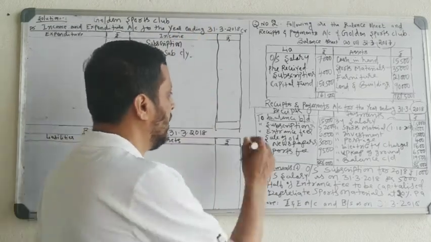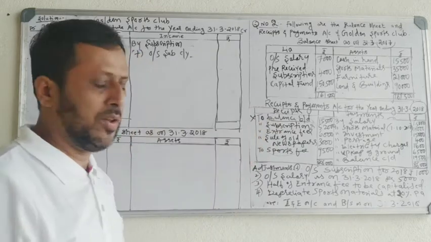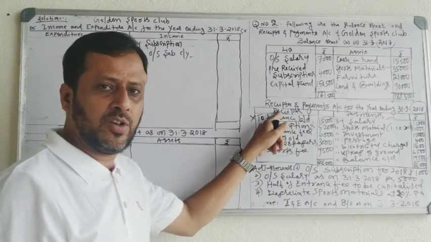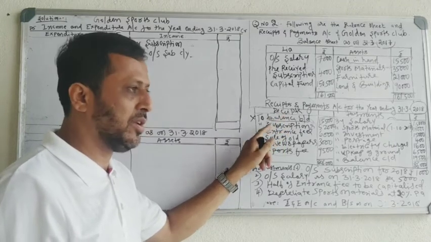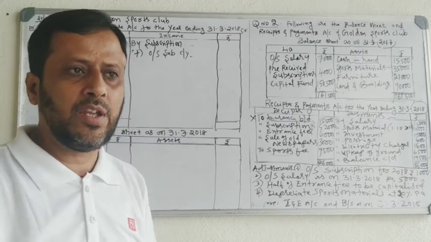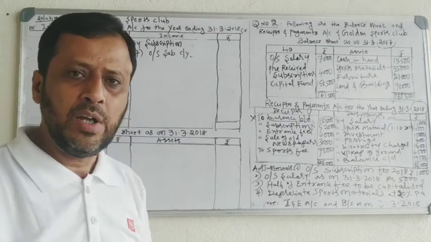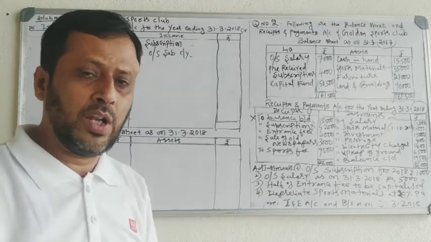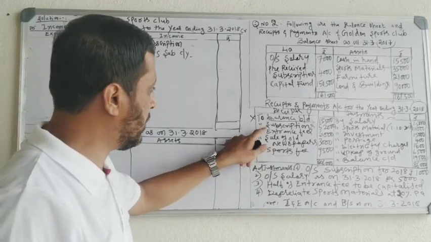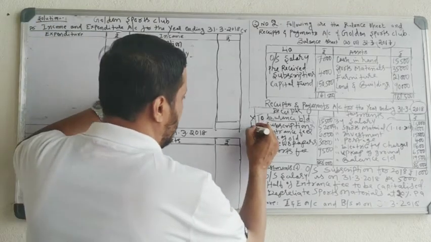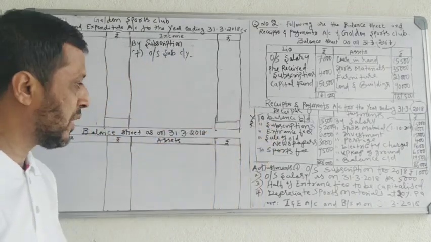Okay. Next you have subscription. It is a receipt. Subscription is on receipt side. Subscription is received annually. Every year subscription is received from the members. So when the receipts were received regularly, it is revenue receipt. So subscription is a revenue receipt, record in the income and expenditure account.